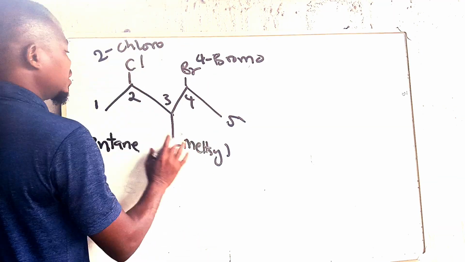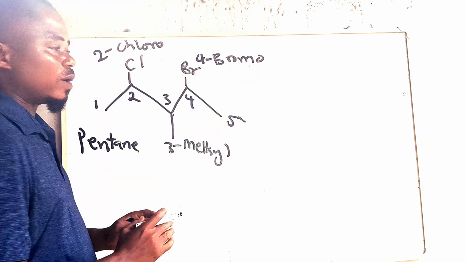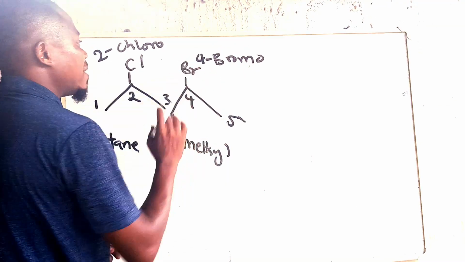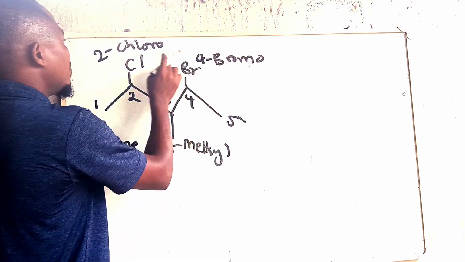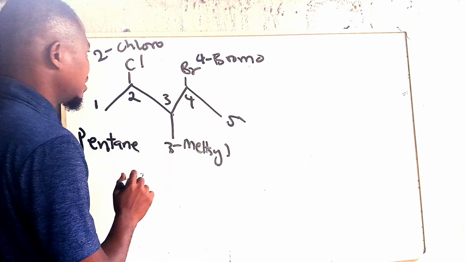Now we have to merge all these names together. In merging this, we first of all start by naming the substituents. And in naming the substituents, we name them alphabetically, meaning bromo will come before chloro, chloro will come before methyl. So let's start naming it. So we're going to say